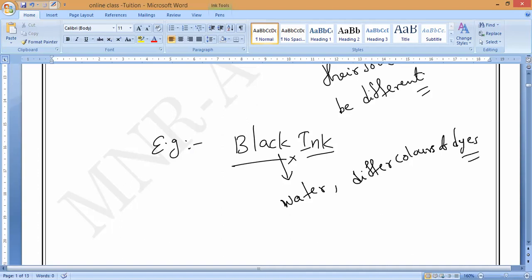That is what we should call blacking. So blacking contains a number of dyes dissolved in water. These dyes have different solubilities in water. I will show you that with chromatography also. To separate the different dyes in the blacking, we use chromatography, because they have different solubilities in water. So we use chromatography to separate the dyes present in the blacking.